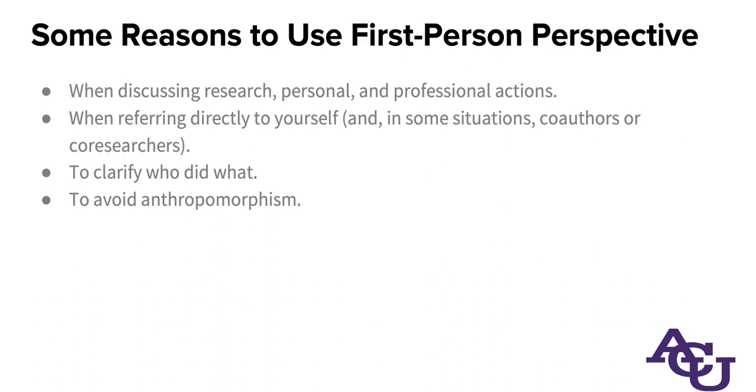Another reason to use first-person perspective is to avoid anthropomorphism. The classic is to say, oh yes, the study collected this. Well, the study isn't alive, it's the people in the study. And that's important because it matters if it's someone who has specific training in this versus someone who doesn't, or whether there's an automated mechanism, or many other factors. So clarify who did what, and avoid anthropomorphizing something like the process, or procedure, or a tool.